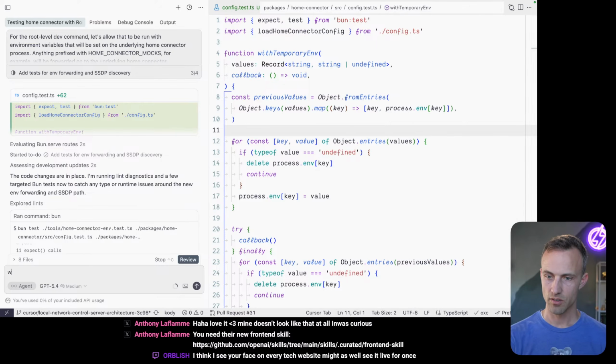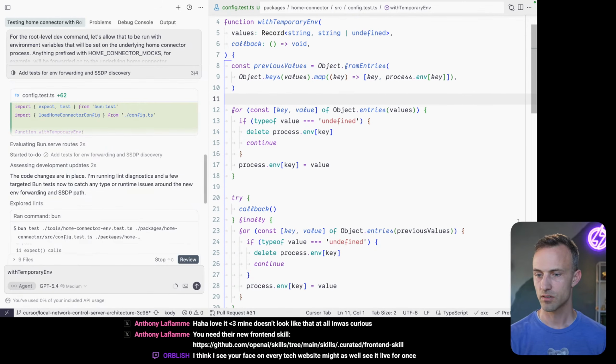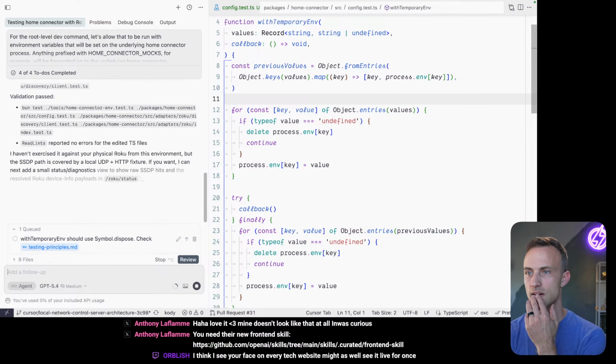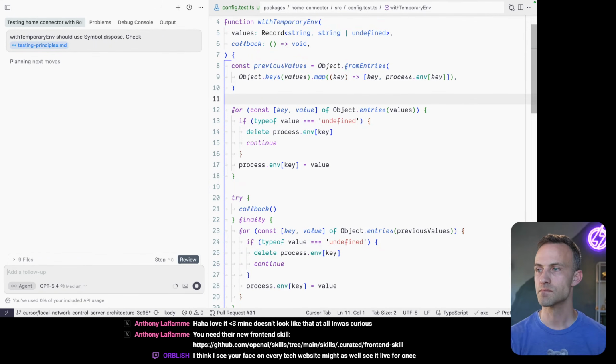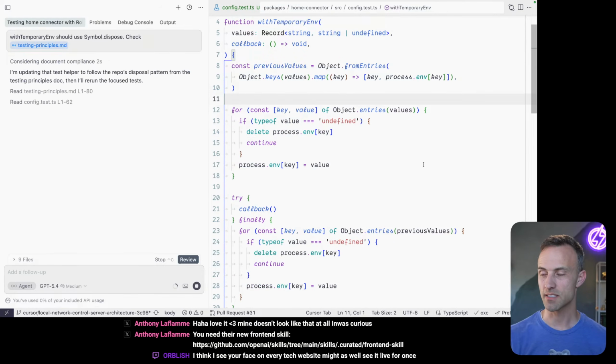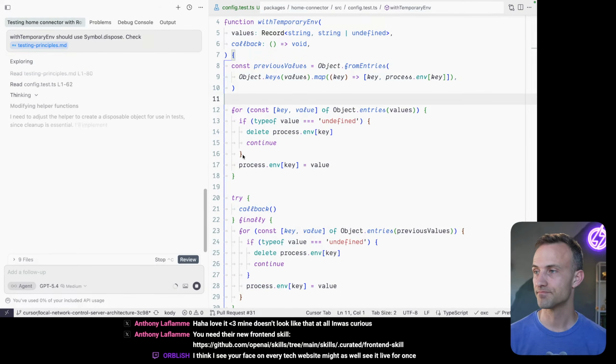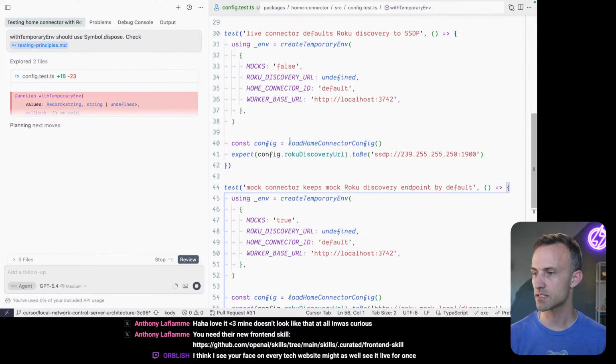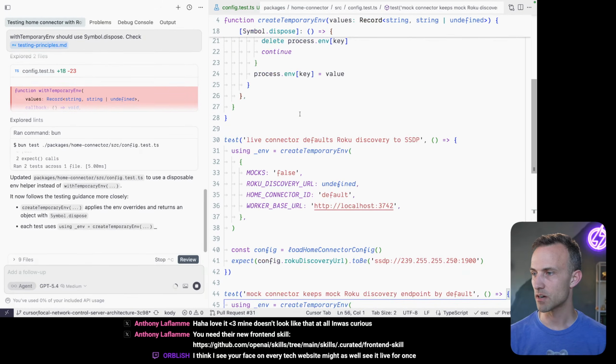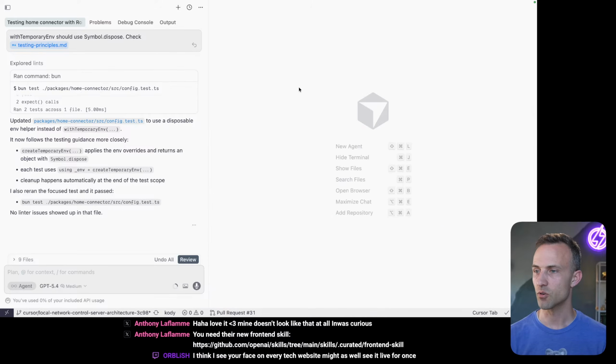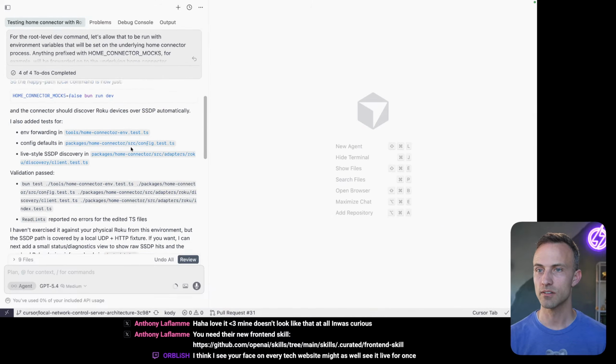Okay, with temporary Andy, should use Symbol.dispose, check testing principles. It normally gets that, so I just missed that. Watch this. I'll clean it up nice and flat. It's much better. Very cool. Okay, good. So now